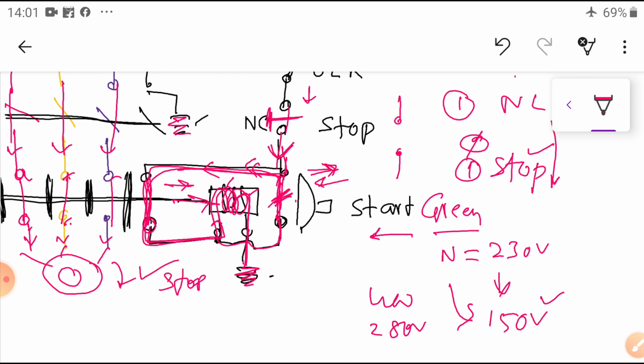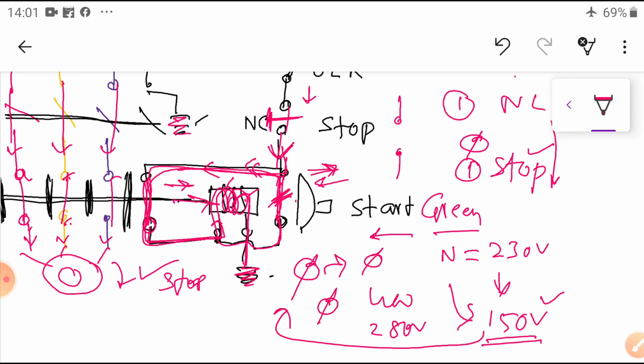Current is energized to the coil, but whatever flux is produced is proportional to the voltage: before, at 230 volts, proportional flux is produced. Now 150 volts is given, proportional flux is produced also. This flux, produced due to the low voltage of 150, is unable to pull the contacts inside.